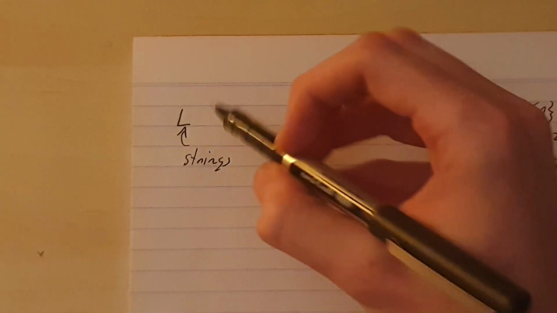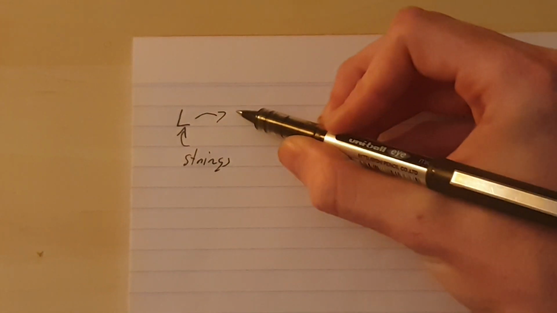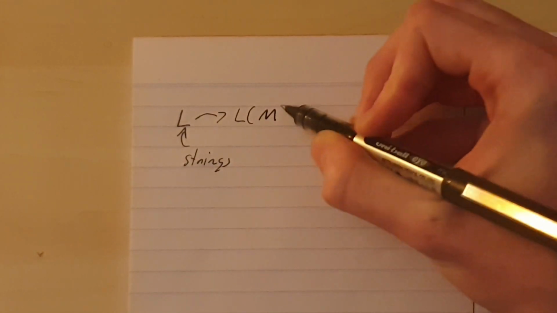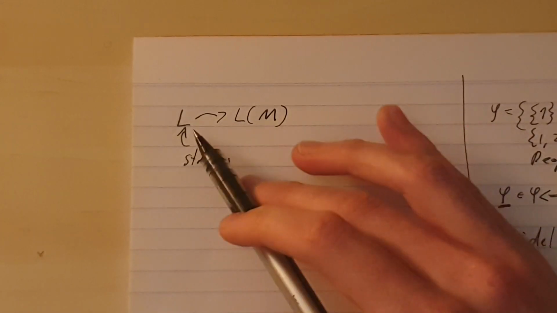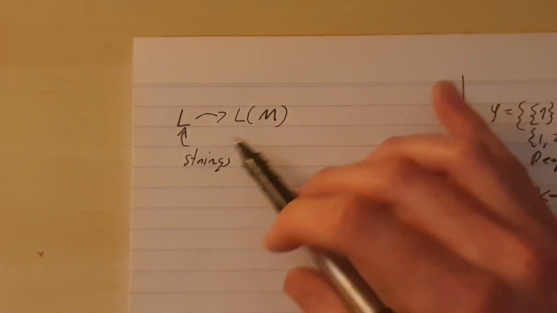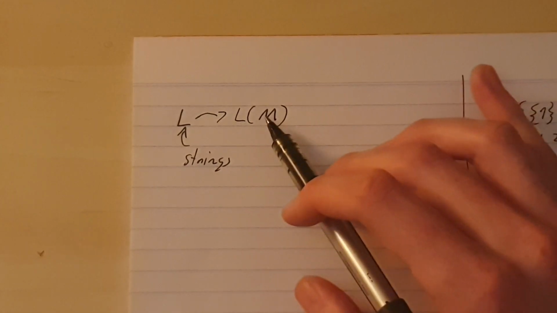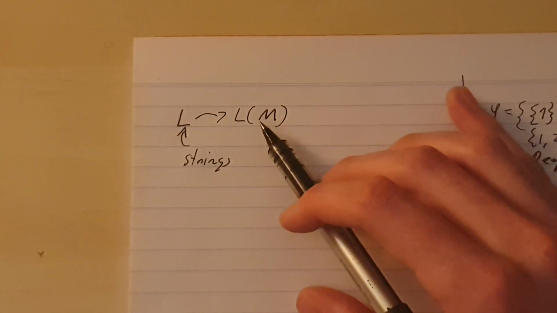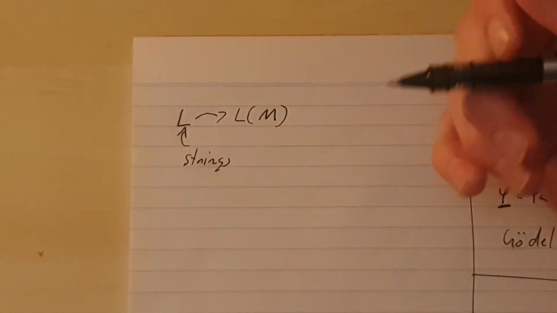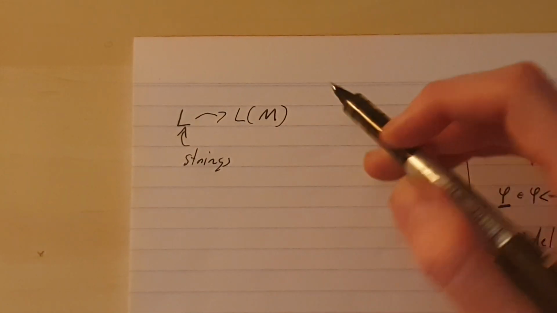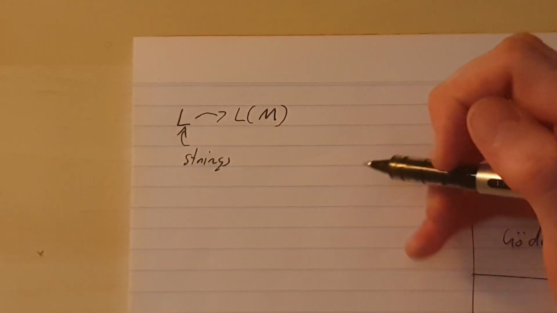And if a language is Turing recognizable, we think of it as the language of some machine, right? There's some machine which can run a process and recognize what strings are in it. It's not technically rigorous, but a lot of the time in tutorials, we tend to think of the machine as in some sense being equivalent to the language, which isn't true, but it's useful to think of them in that way if they're Turing recognizable.